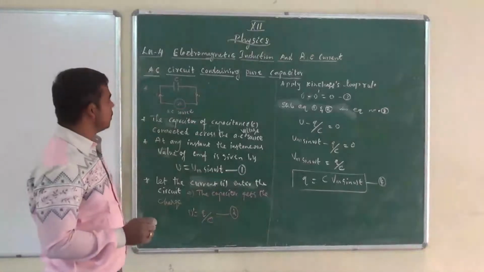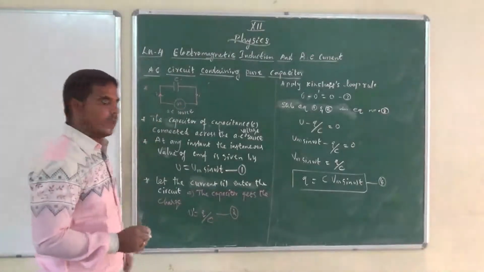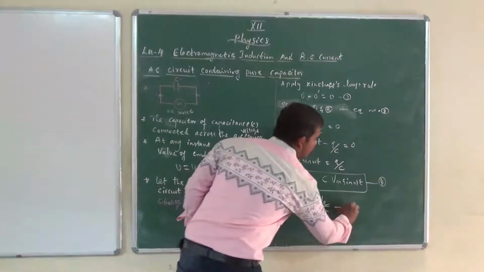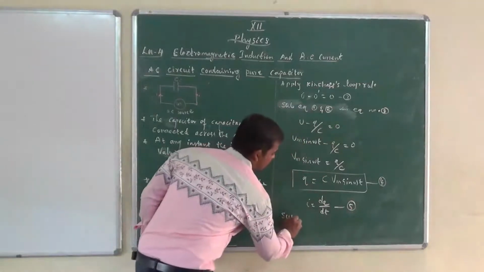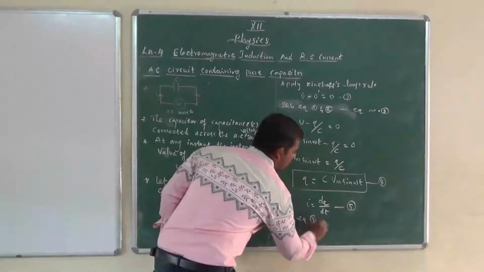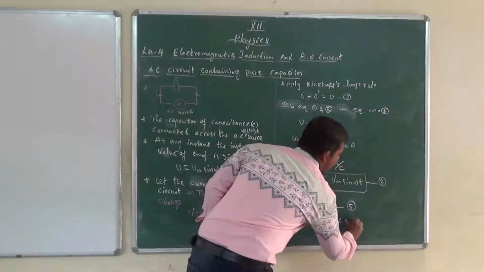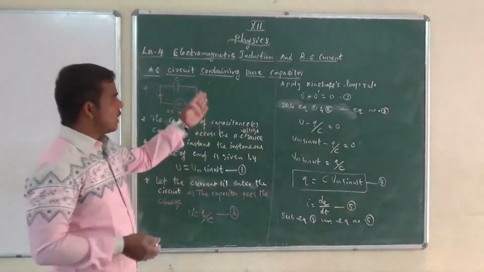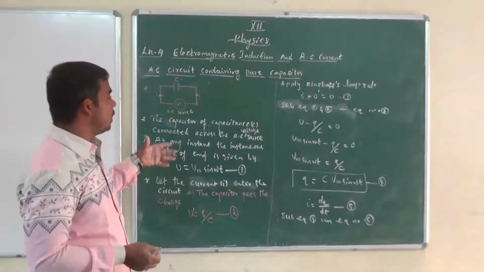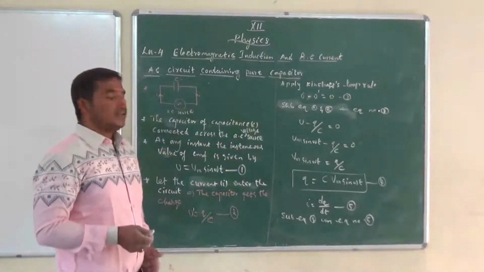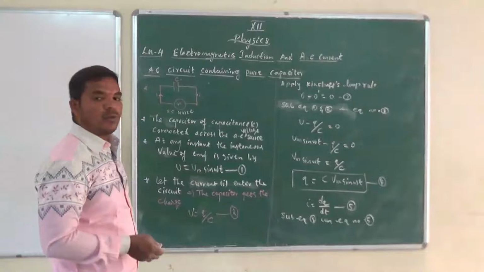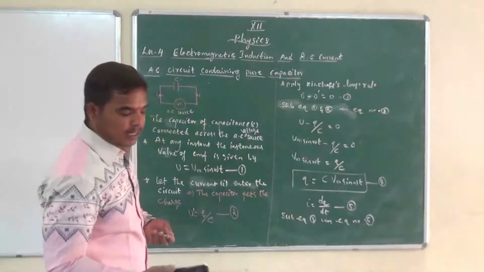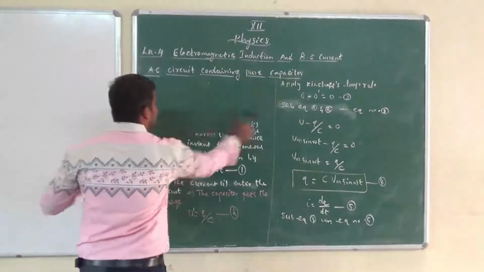So the charge happens in the capacitor. How is the charge related to current? I is equal to dq by dt. Equation number 5. Substitute equation number 4 in equation number 5. Any doubt? Don't get confused. We just substituted equations 1 and 2 in equation 3 and got the charge Q equal to C Vm sin omega t. That value we apply in equation number 5, which gives the instantaneous current, that is, the alternating current in the capacitor.